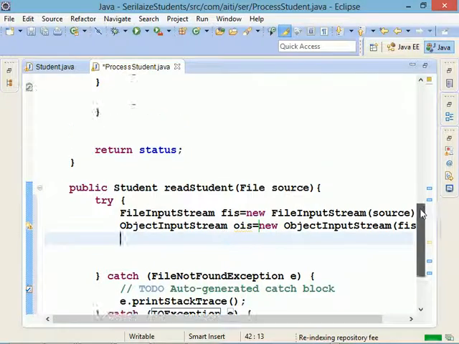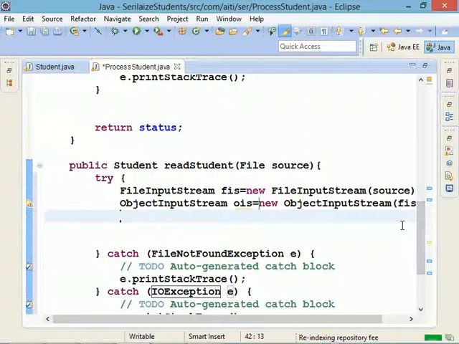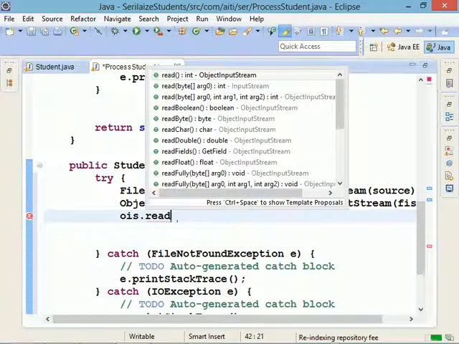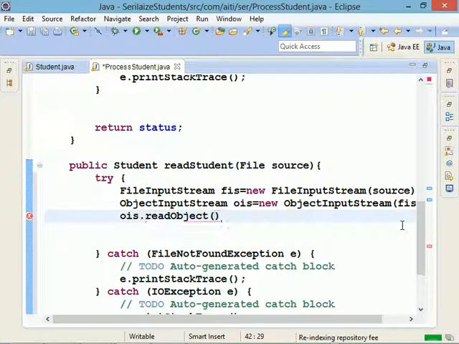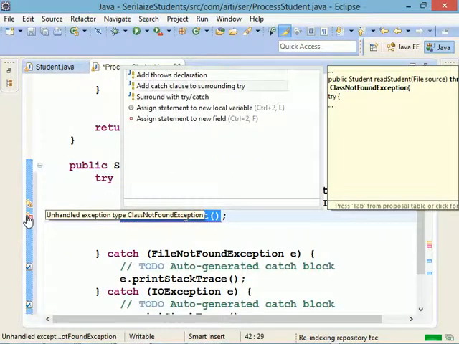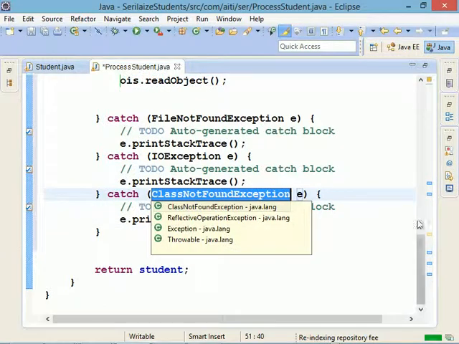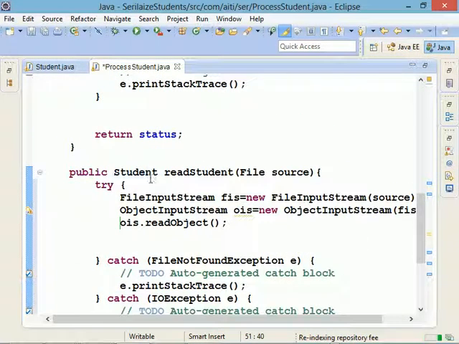The first one, use what? Write object. This one is the same thing, what? OIS dot read object. Then it returns you an object. It returns you an object. Now I'm expecting a student object, so I'll just say I already have a student there. So student